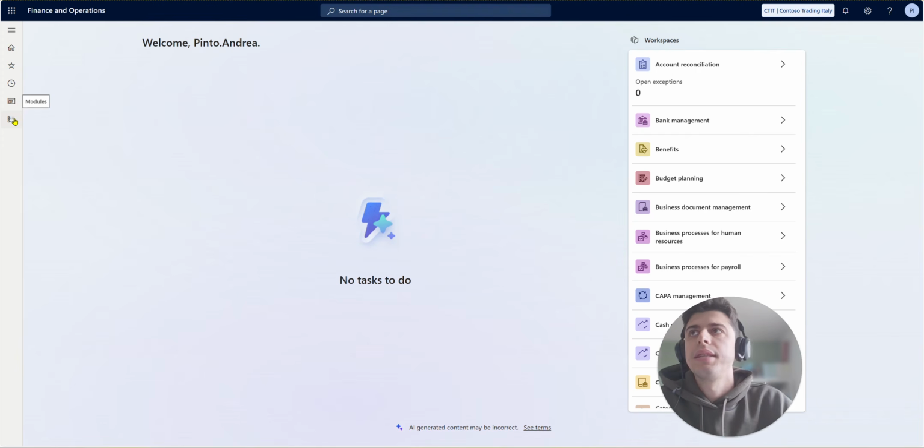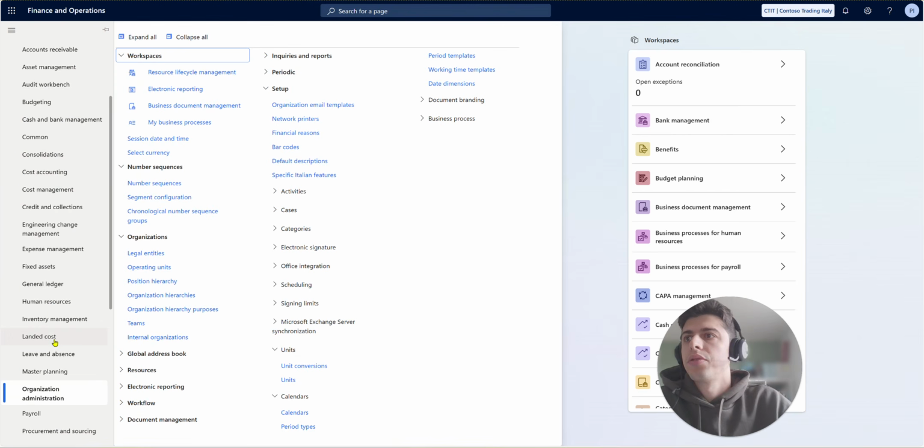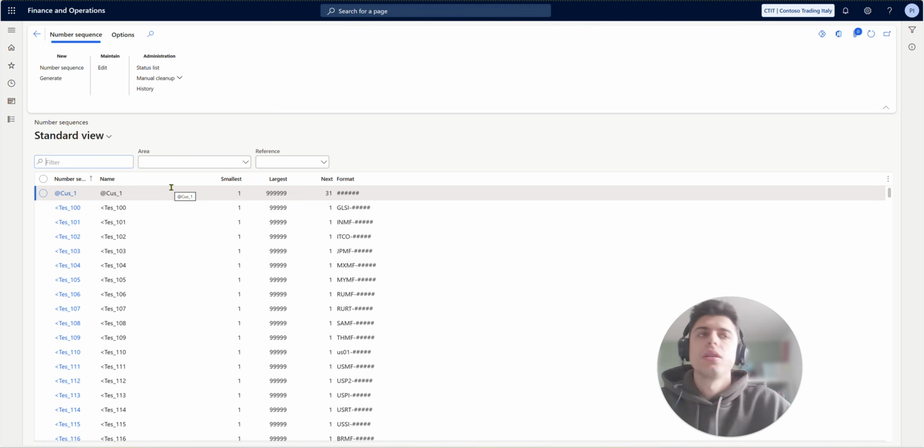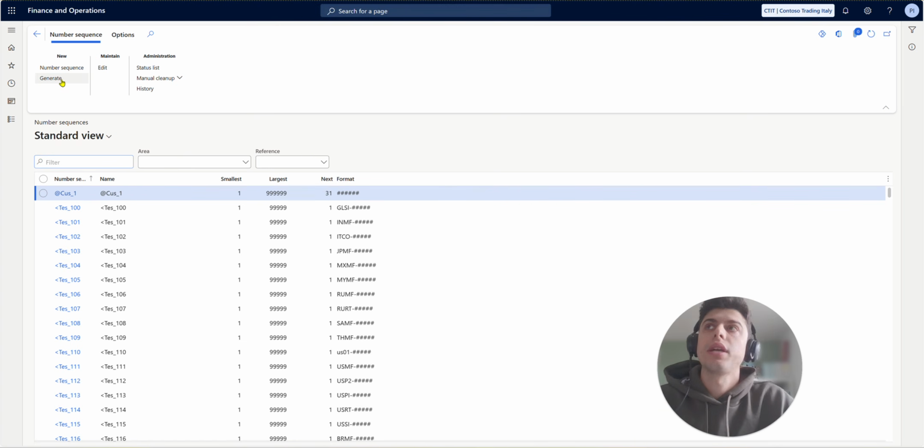Okay, let's deep dive into number sequences today. So we will go to Organization administration, Number sequences. After you set up your legal entity, in this case Contoso Trading Italy, what I recommend is to click on Generate the number sequences because that will lead you to a